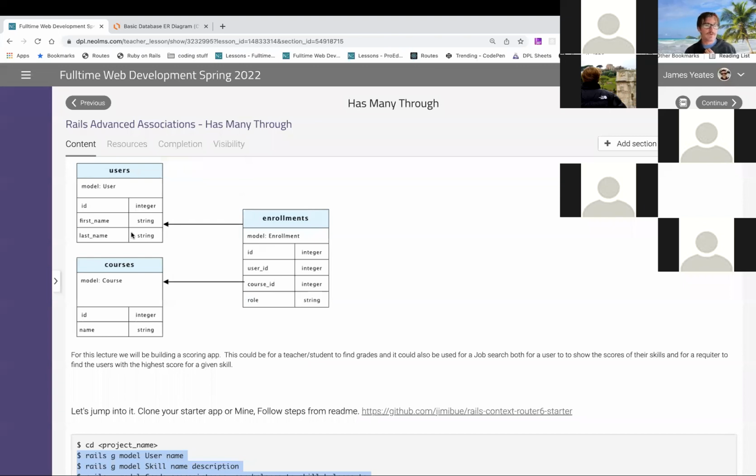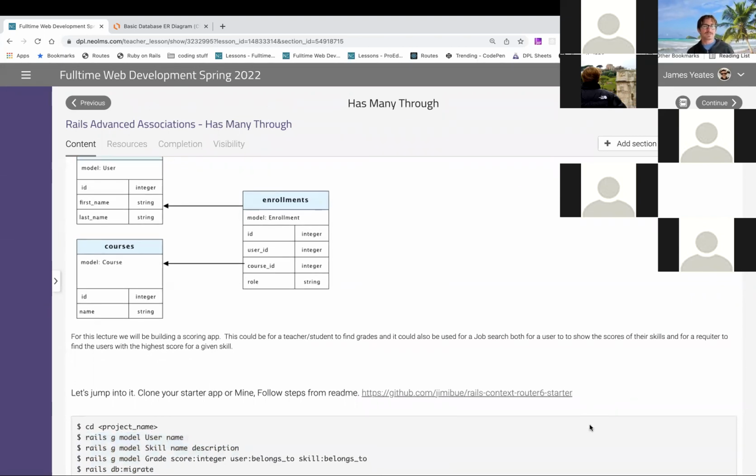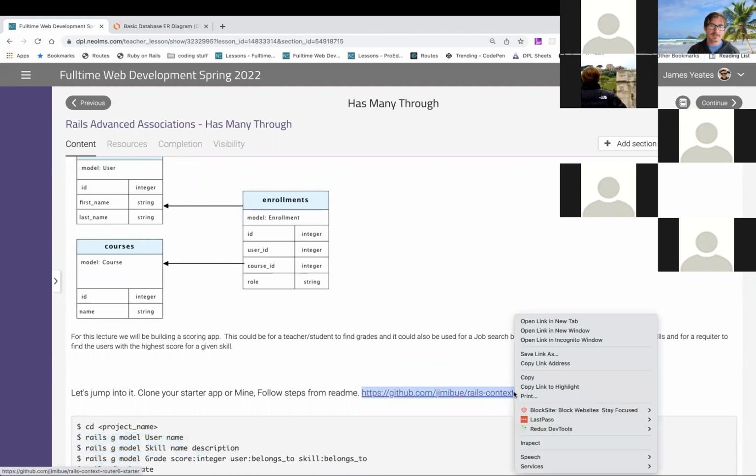Okay, so I'm going to have us start, so we don't have to do all this setup. We're just going to clone down from the starter project. Now, this is something